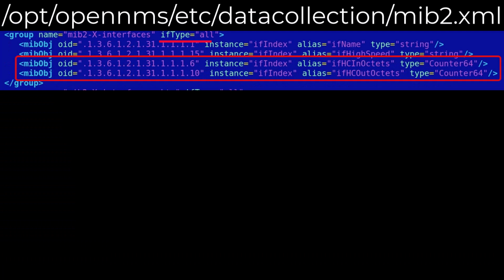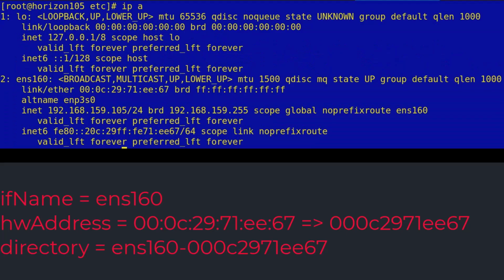IfHCInOctets and ifHCOutOctets are interface metrics. Interface metrics are stored in a node ID subdirectory with the name interface name-interface hardware address. Use the command ip a to determine the interface names and addresses. Ignore the loopback interface. The second interface has the name ens160 and the hardware address